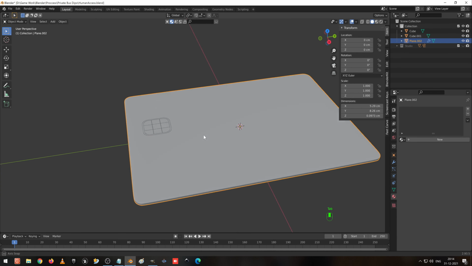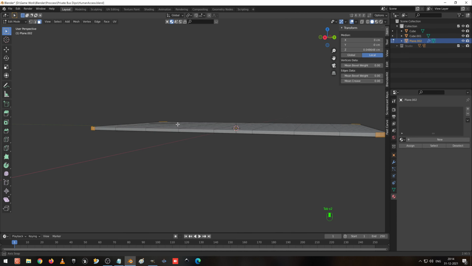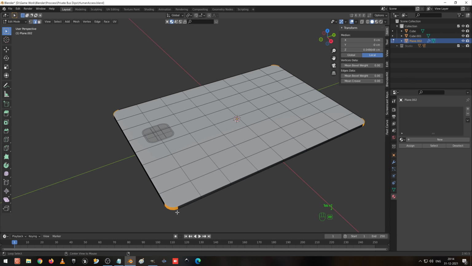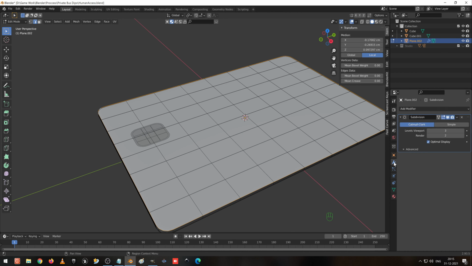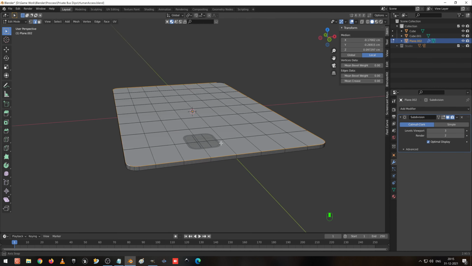Okay, now I go to this and go to edit mode, press 2 on the keyboard, select these edges, this one, this corner, this corner, and this corner, and I go to the modify tool, I turn off the edit in proportion.